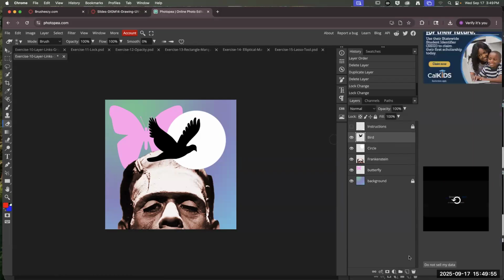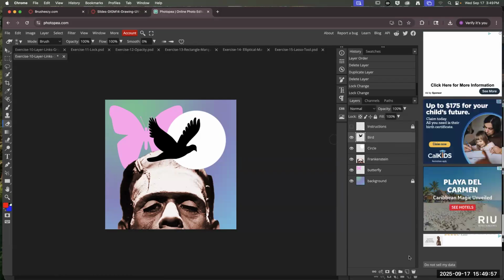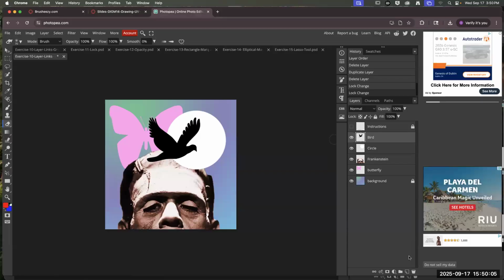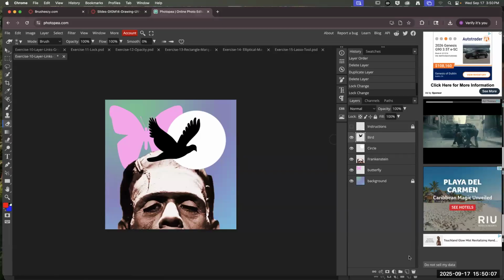Okay, Photoshop calls it a group, they call it a folder. It's the same thing. Essentially what it does is it organizes layers, kind of like how you might organize files on your computer into a folder. You can organize your layers here into a folder. I can click on this folder,